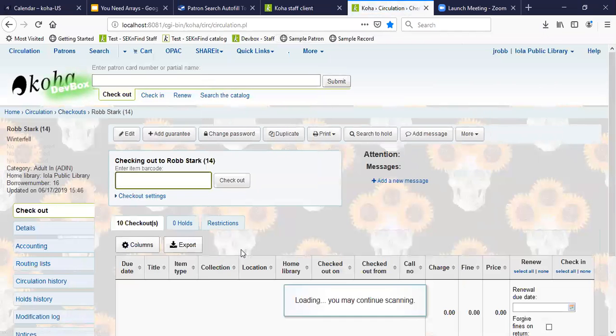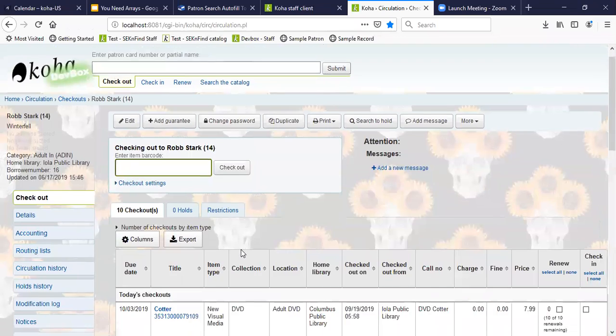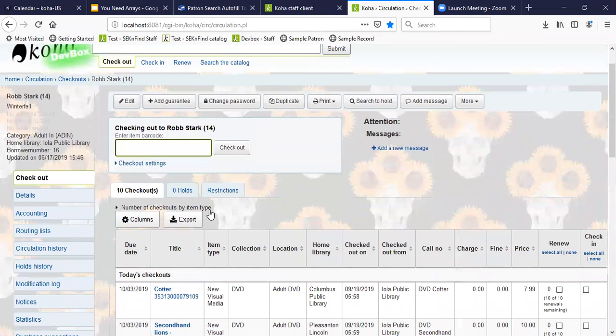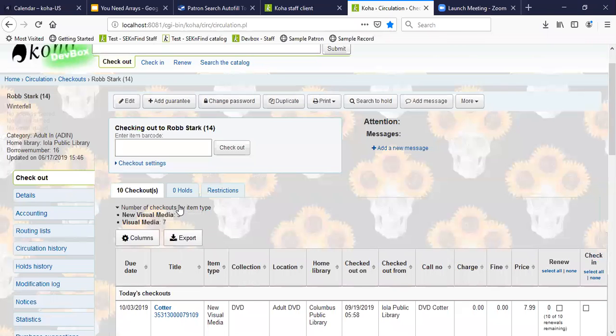So without the code, you can see that the checkout summary is here, unexpanded, and there. So now if I go grab the code and put it in my JavaScript stinger,